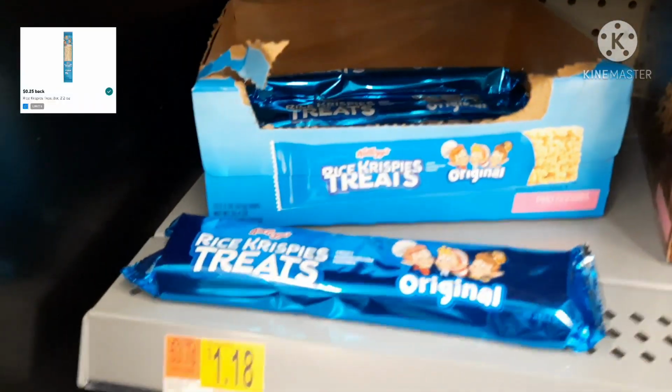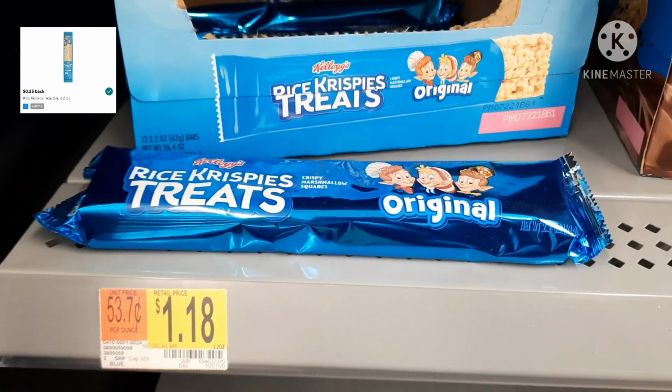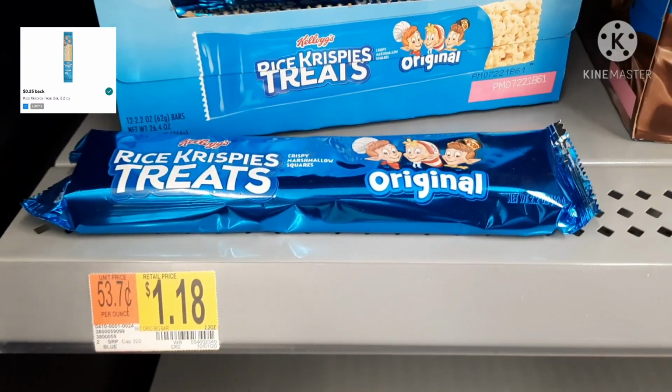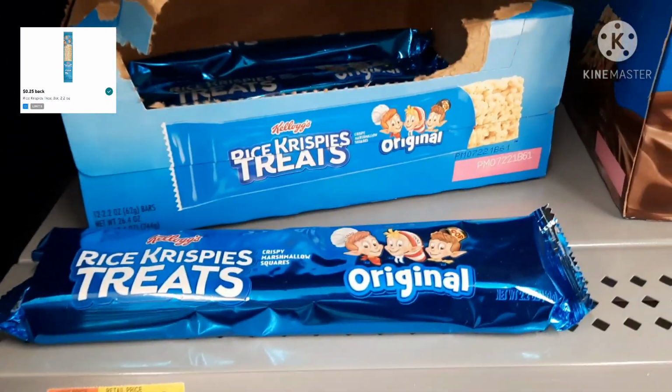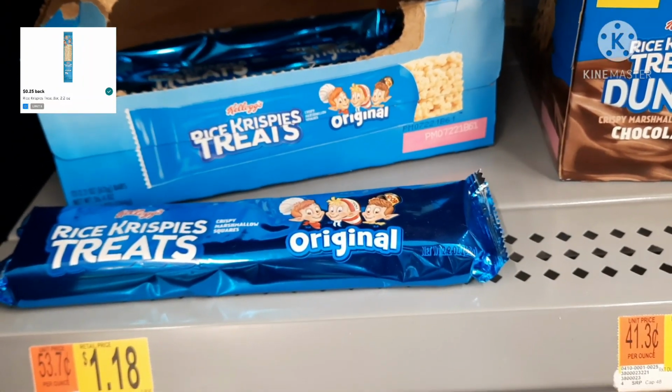Okay, guys, so I got another snack here. These are the Rice Krispie treats. They are $1.18, but as you can see with the Ibotta rebate, we're going to submit them and we're going to get some money back to make them even cheaper. You guys know I always grab a couple snacks while we do our